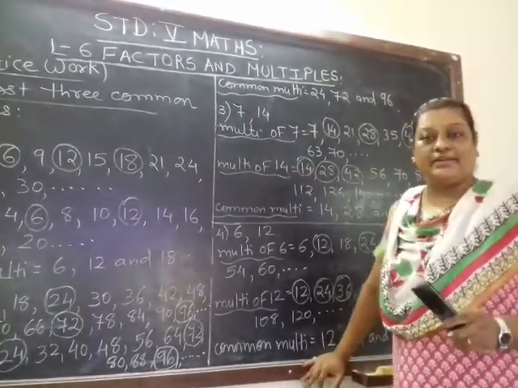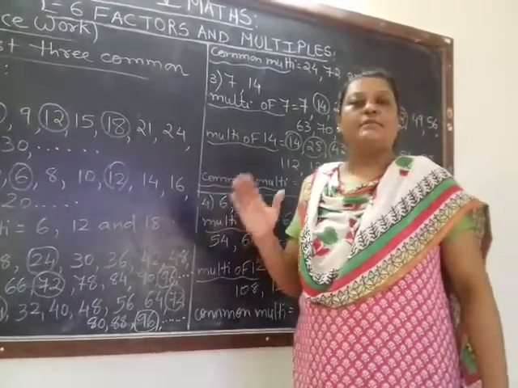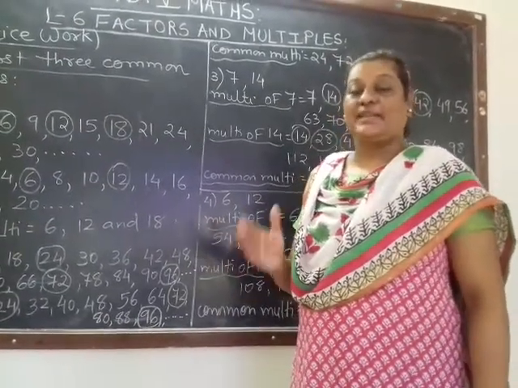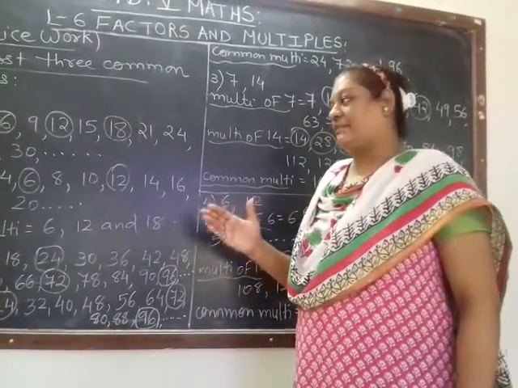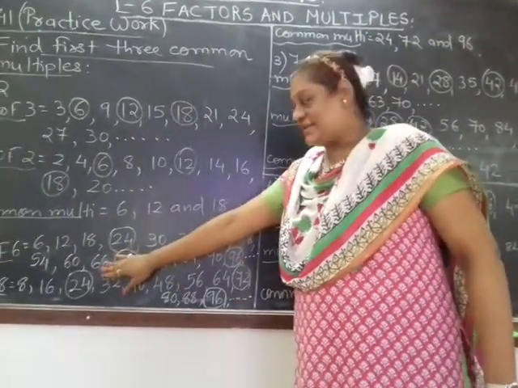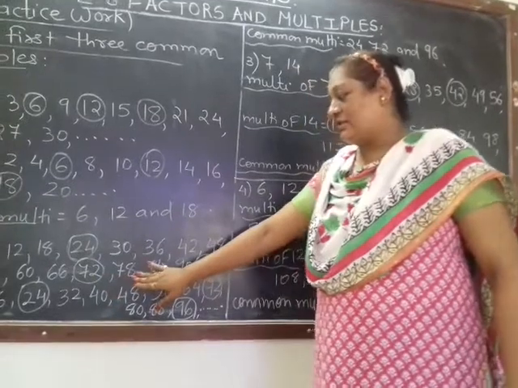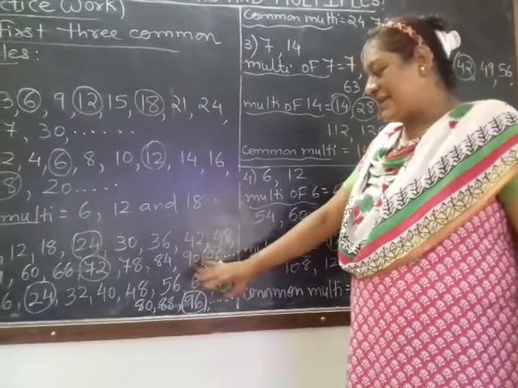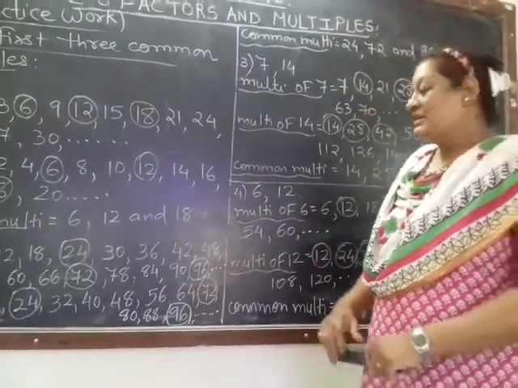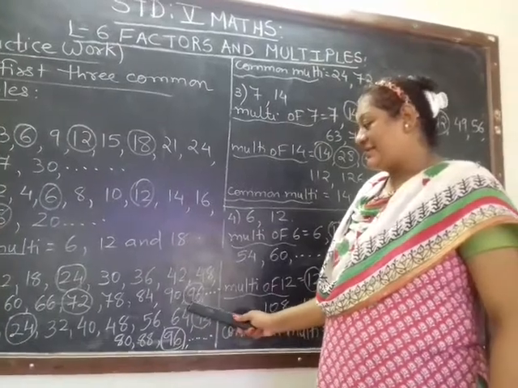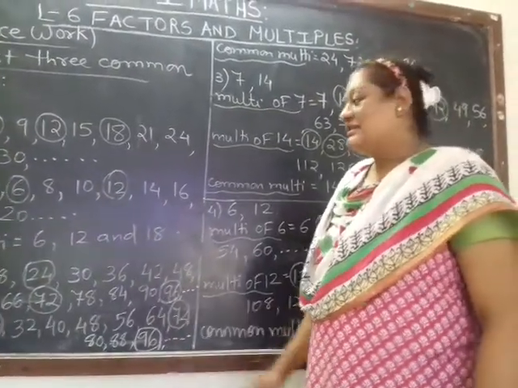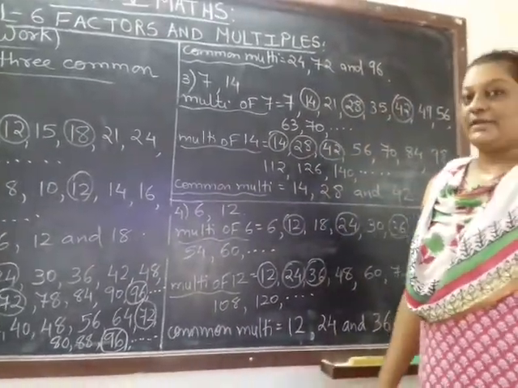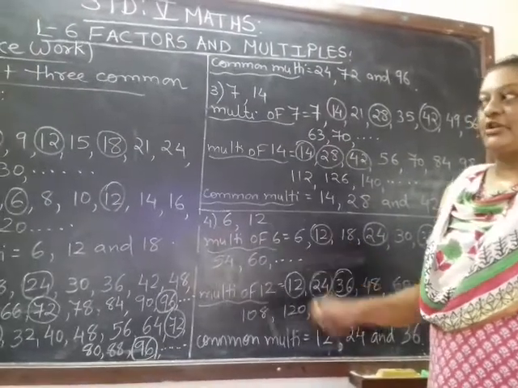Only thing you have to remember here is, if in the multiples, that is in the table of any of the numbers till 10, you are not getting the common multiples, please extend the table. You can multiply 11 with the particular number, as I said, 11 6s are 66, 12 6s are 72, 13 6s are 78, 14 6s are 84, 15 6s are 90, and 16 6s are 96. So to find out the third multiple, I had extended till 16 6s are 96. So till you are not getting the first three common multiples, you have to move further. So please remember, the only one sum is left. I am continuing with that sum.